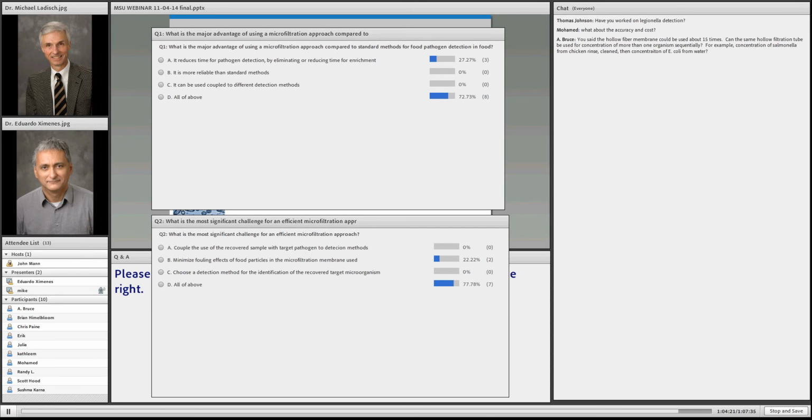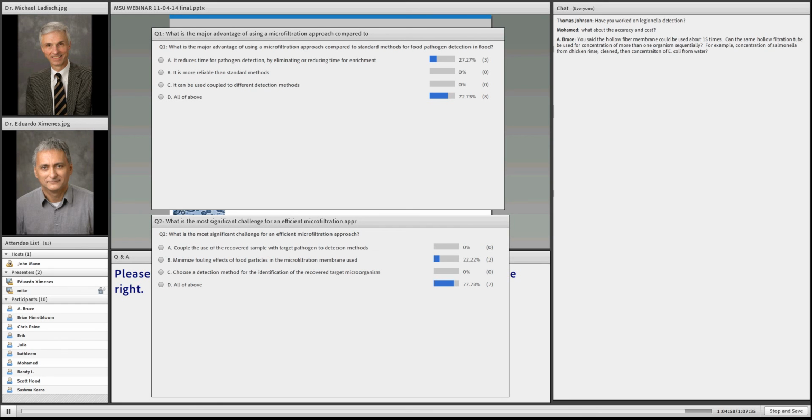John, I noticed that many people have said all of the above, and we appreciate the compliment. Practically speaking, we think that yes, it can be coupled to different methods, and it is, I don't know about the reliability of the standard methods, but the single major advantage we believe is the reduction in time. Similarly, in the second question, the most significant challenge is fouling effects, but certainly all of the above also would pertain in that we want